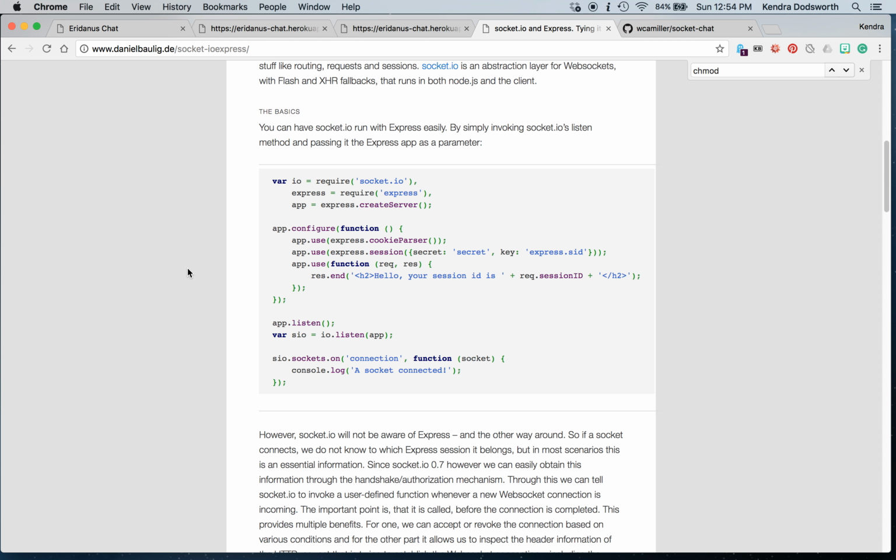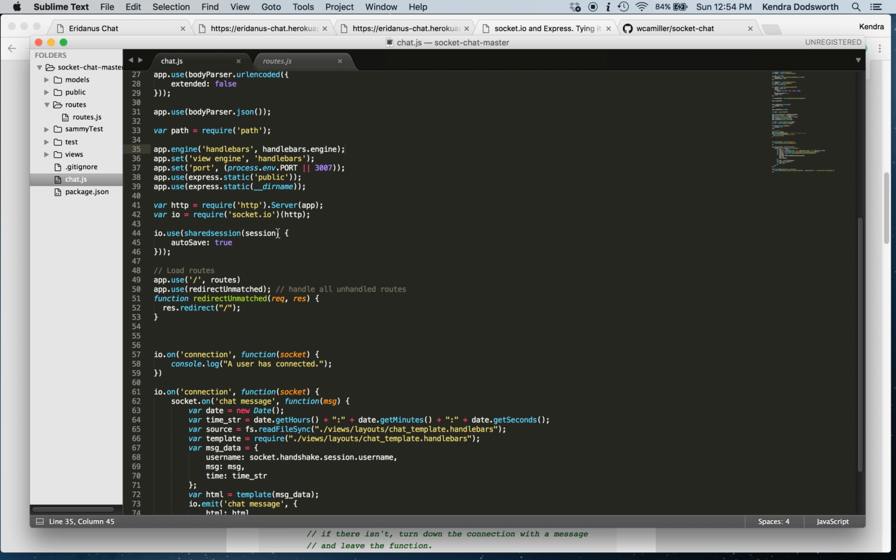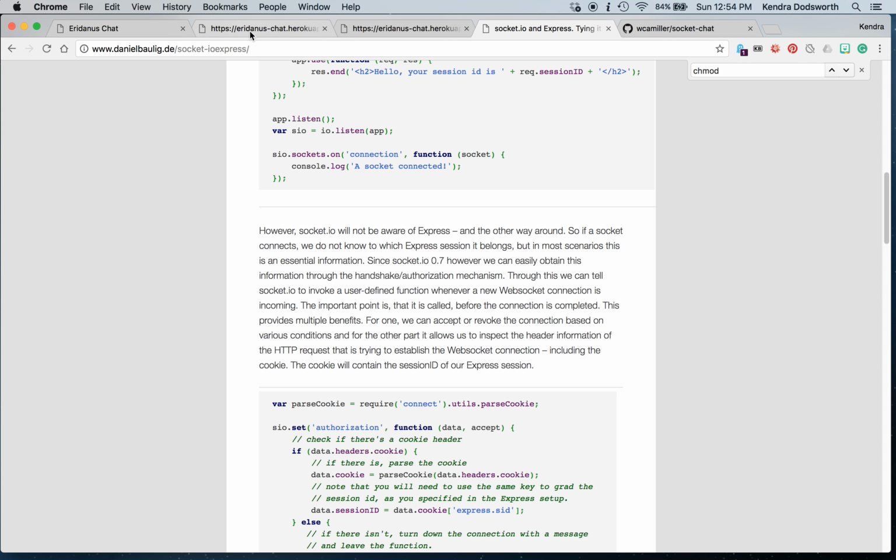It demonstrated how you need to create a shared session which permits socket.io events to be able to access the session data, which would otherwise not be accessible to it. And that's pretty critical in terms of being able to look up users by their session ID and so forth and retrieve data from the back end, which brings us to this,